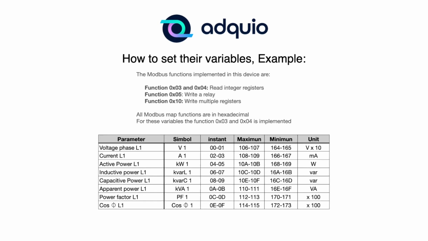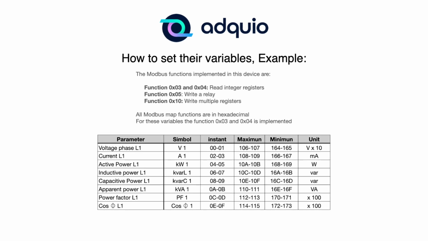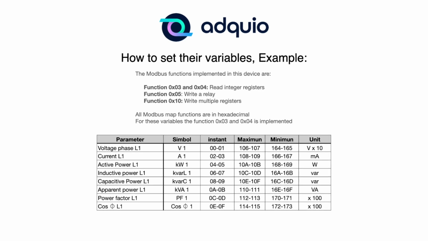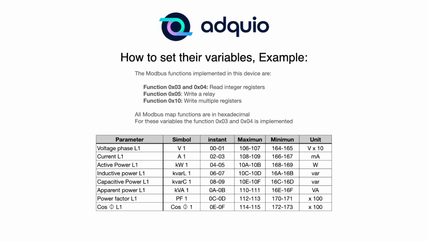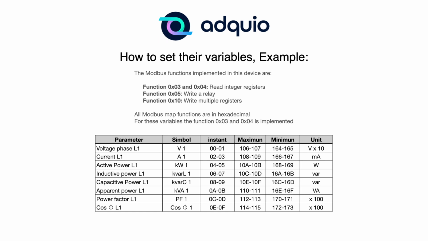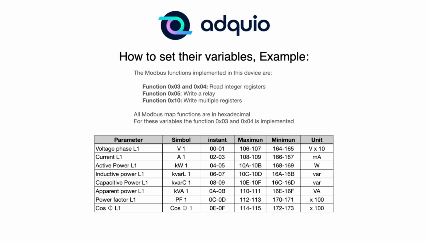We will see why. Okay, so let's go to the first element. First of all, we are going to see the columns it has and what we should look at. Well, logically the first one is the name, phase L voltage. Then, we have the symbol column, which does not interest us in this case. It simply tells us that it is V1, which is the voltage of line 1,